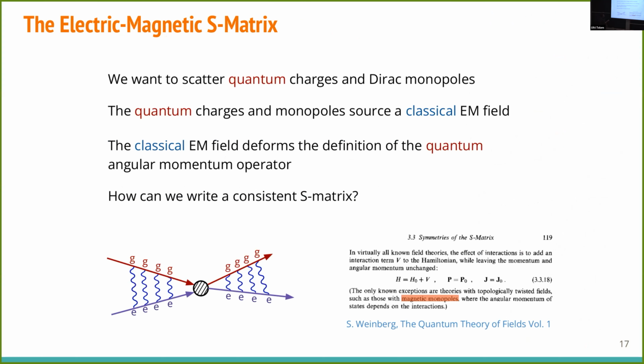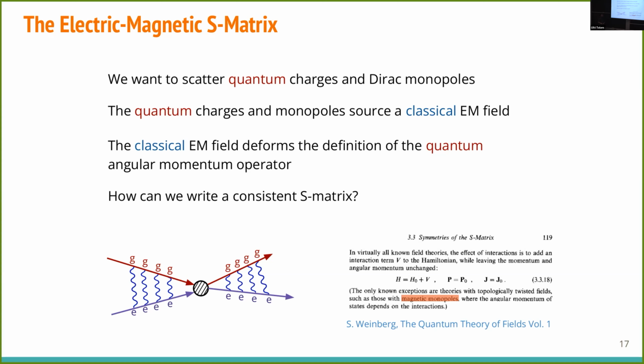So here's our mission. We want to scatter now quantum charges and Dirac monopoles. The quantum charges and monopoles source a classical electromagnetic field, which in turn deforms our definition of the angular momentum and feeds back on the S matrix itself. How can we write a consistent S matrix this way? And just so we think a little bit in a QFT language, you can think of this extra deformation of the angular momentum as the dressing effect from soft photons exchanged to infinity between the charge and the monopole, before